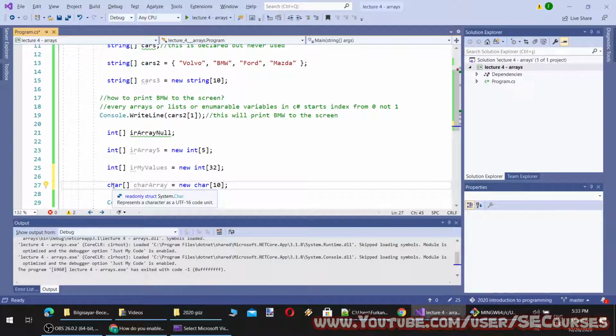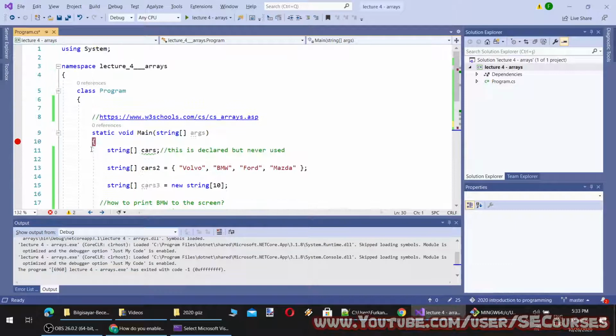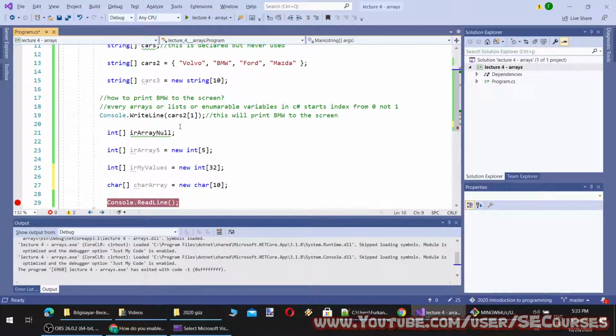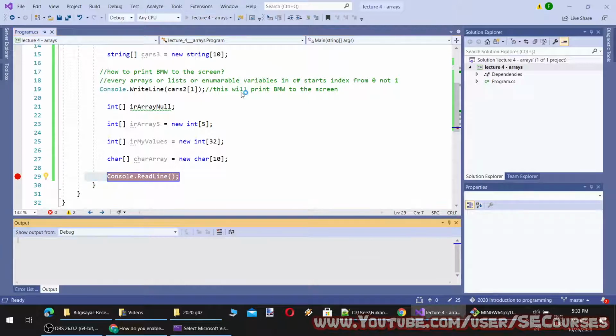Okay, so character is a struct, so I am expecting it to have a default value. Let's see it. I'm going to put the breakpoint here this time, so the application will run until this line and will pause there.